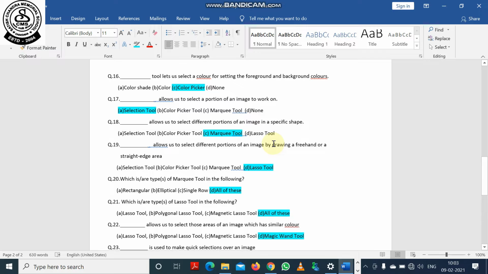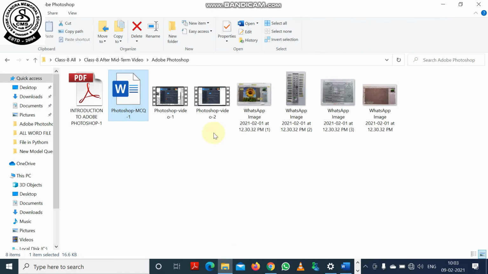Question number 16. Dash tool lets us select a color for setting the foreground and background colors. Options are color shade, color picker, none. Student, color picker is the tool which actually helps us to set the foreground and background color. I'm showing you the picture of the color picker.